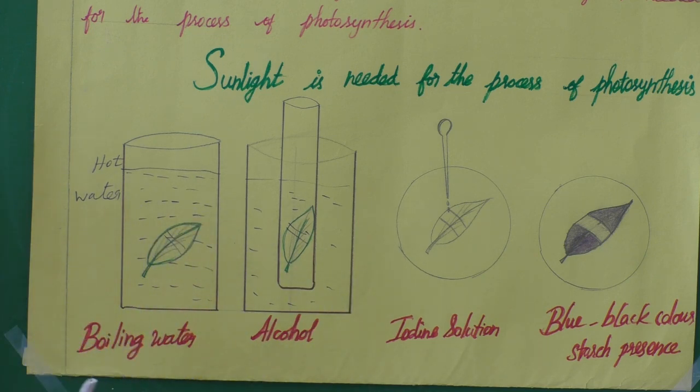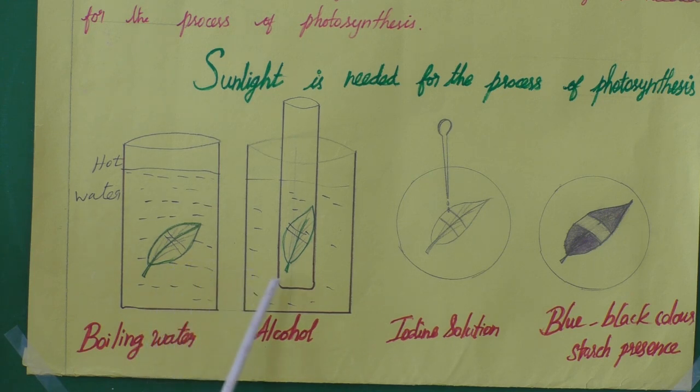Okay, leave it for 2 days, then pluck that particular leaf, and we are going to test whether photosynthesis has happened in that leaf at the place where the cello tape was put, because we blocked the sunlight. So take that particular leaf, remove the cello tape and boil it in hot boiling water. Okay, hot water. What is in the beaker? Hot water. So boil it for a few minutes.